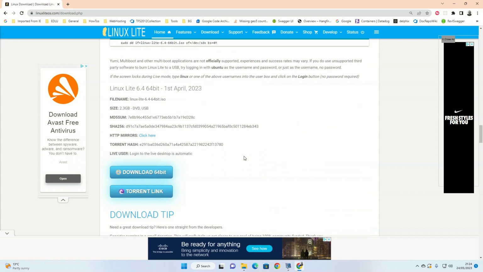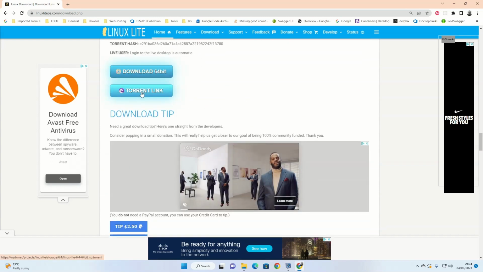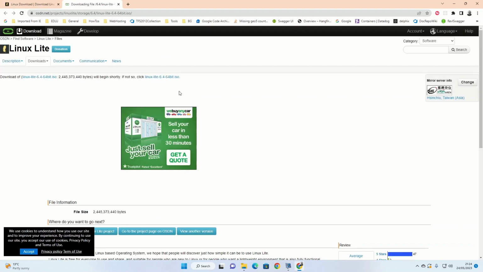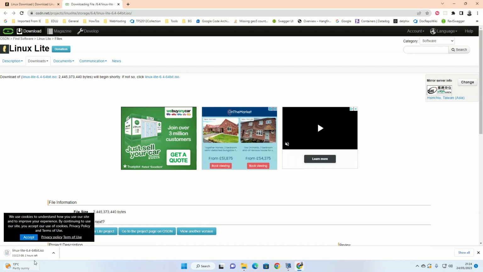Scroll to the bottom of the page and you'll see a download link. There's a download 64-bit link and there's a torrent link if you've got a torrent client on your machine. If you haven't got a torrent client, just click the download 64-bit link. The download will now start in the bottom left-hand corner. It's quite a slow download, so you can go away and we'll start on the next bit, which is to